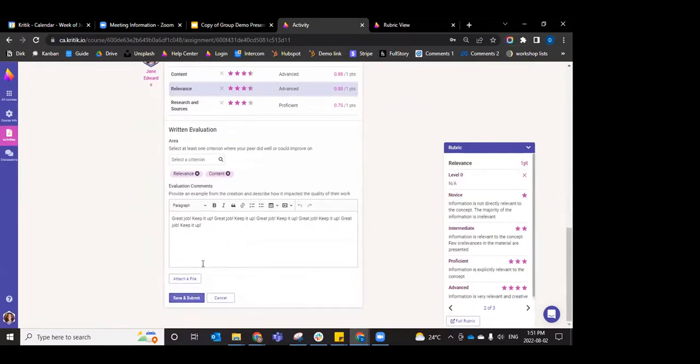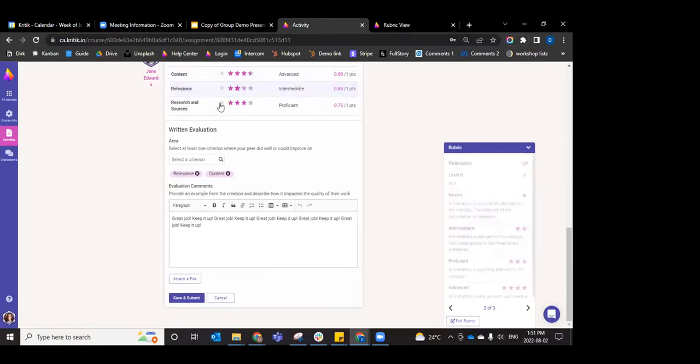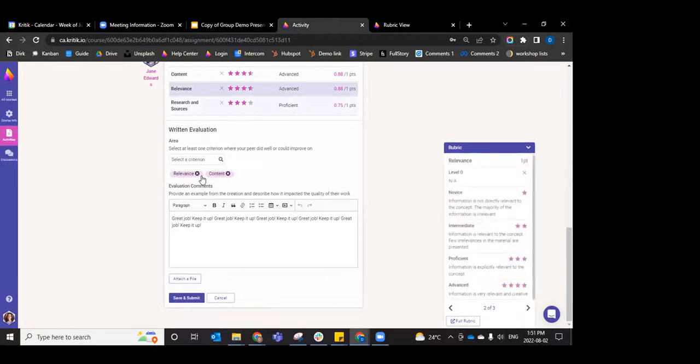So as you can see here, I've left my written evaluation, my comments, and the star values, so I can press save and submit. That's something that I'll need to now do for all 3 of the evaluations that I have here. And once I complete all of the evaluations,